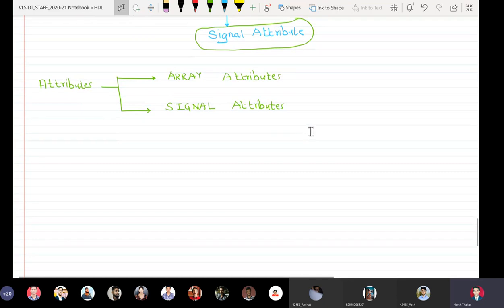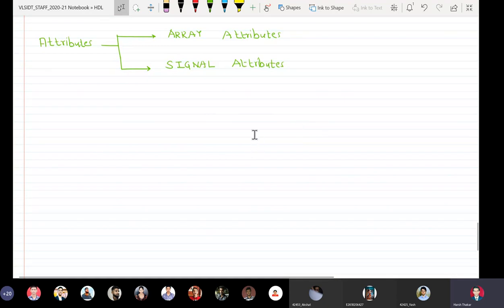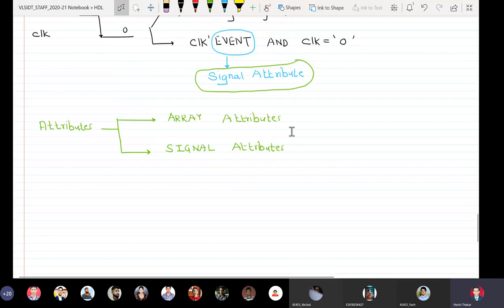Before we delve into this, we need to understand that arrays are also of different types. There are many different types.